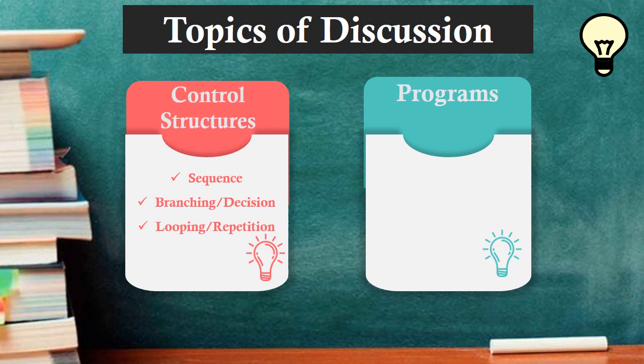There are 3 types of the control structure. The first one is the sequence, in which steps or instructions are laid out in a sequence. Then branching flowchart or decision flowchart. In a decision flowchart, sometimes the flow of the steps in an algorithm can branch into multiple paths based on how a particular condition works out.